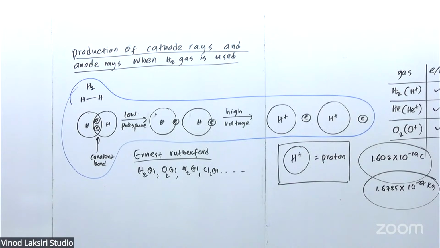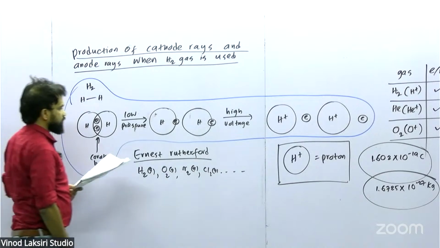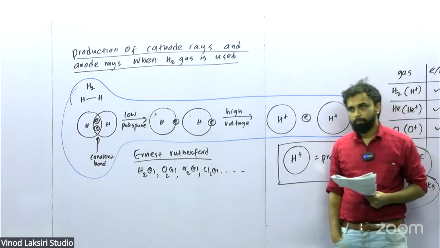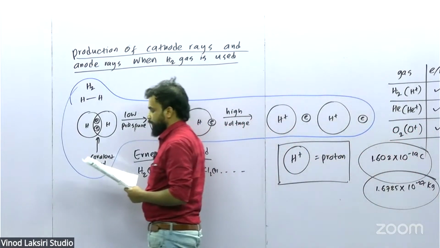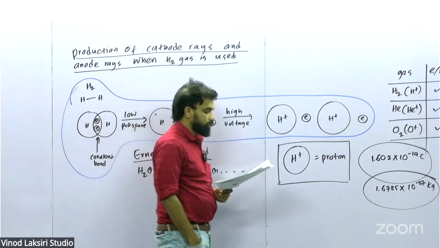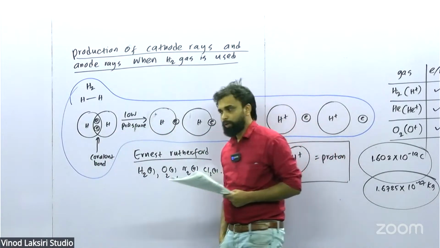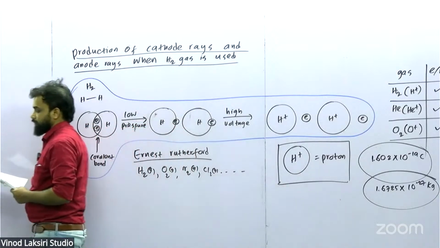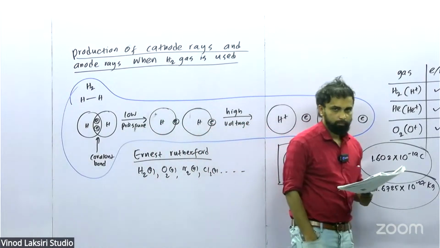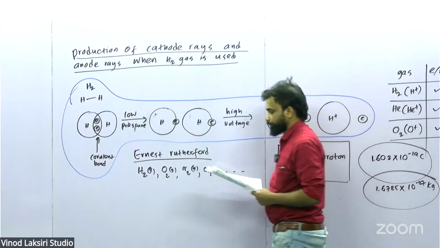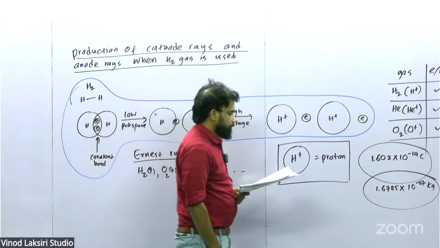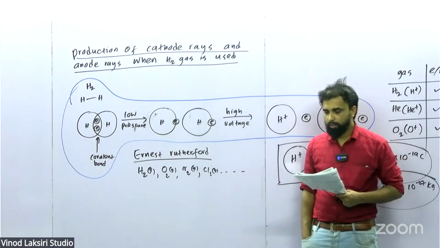He observed that the E divided by M value is changing according to the type of gas. The maximum E divided by M value is given when